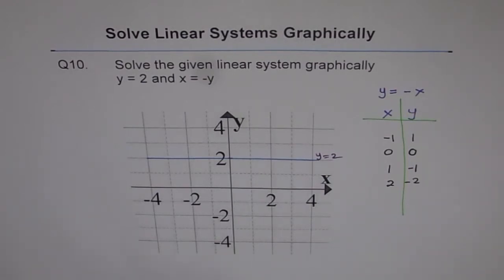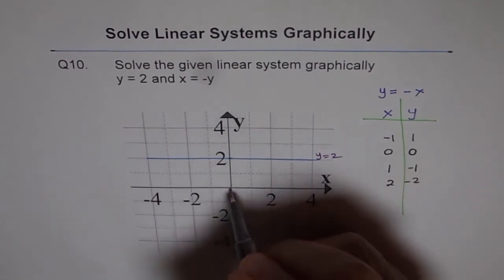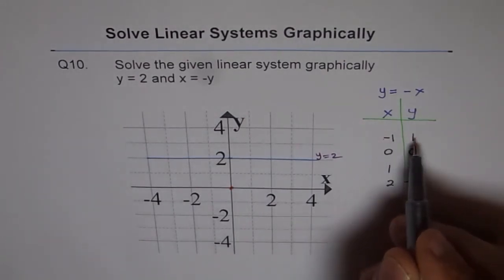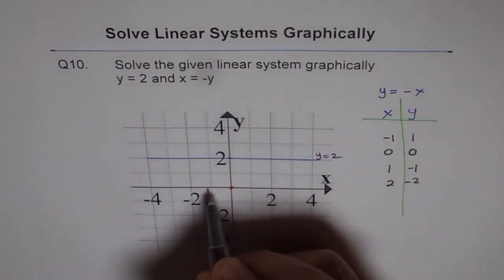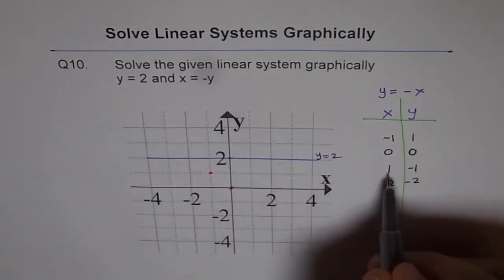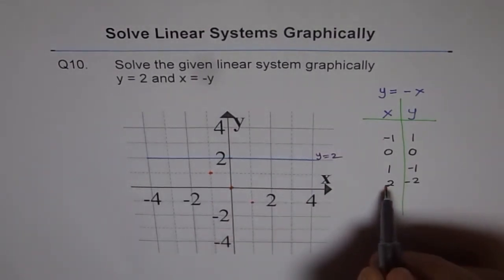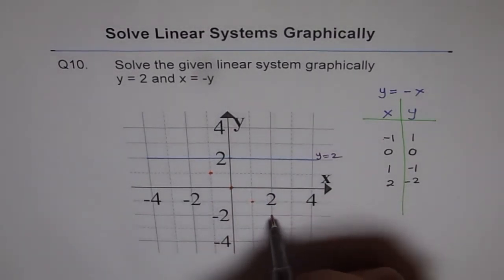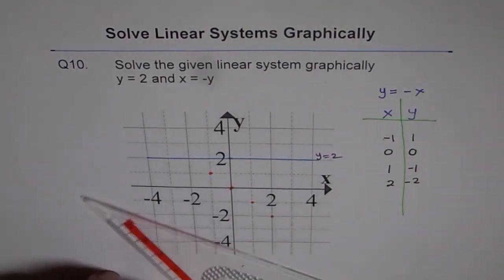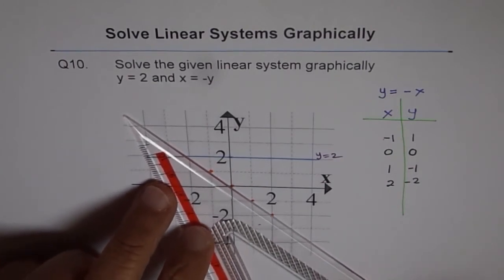So let's draw these points on the graph. 0, 0 is the center, the origin. Minus 1, 1. So that is minus 1 and 1. That's the point. 1, minus 1. x is 1, right? And minus 1. That's the next point. 2, minus 2. 2 and minus 2. So the line which is dropping like this, going diagonally, is our line x equals minus y. So if we sketch this line,